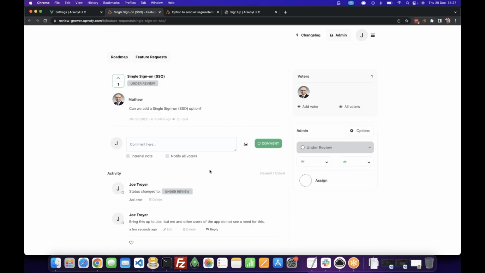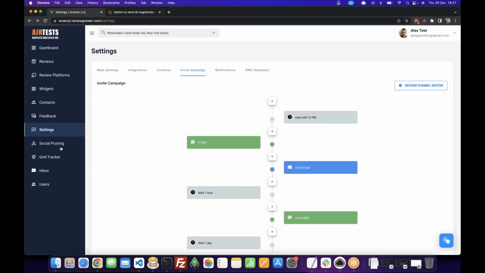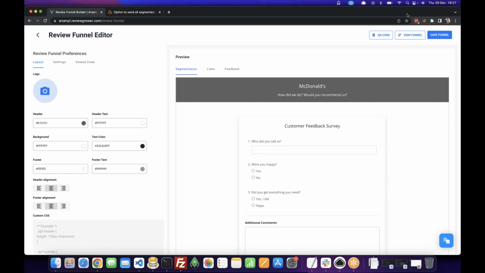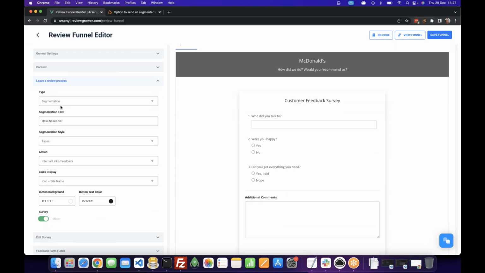On the review. And the last item, have the option to send all segmented review scores to feedback page. Have the option to send any segmented score to the feedback page, like 1 star or 5 star, they all go to the feedback form. Yeah, in regards to this, I was contacted by Dave. He said that in the review funnel, when you edit the leave a review process and then there's segmentation,